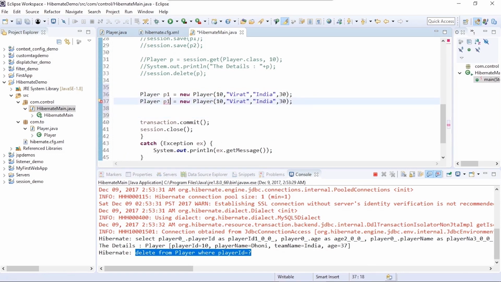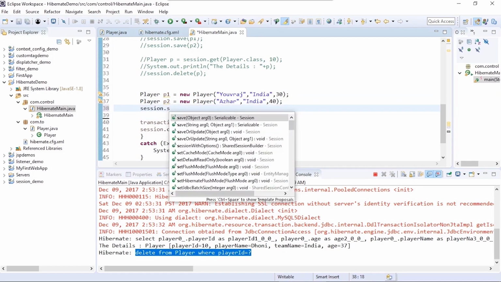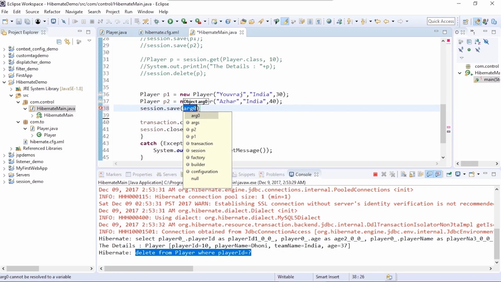We don't need these values now, so we'll get rid of them. We just need the names. So we've just given the names there, and we'll say session.save P1 and session.save P2.